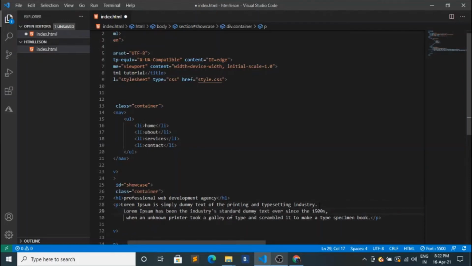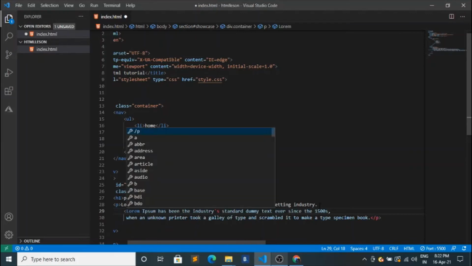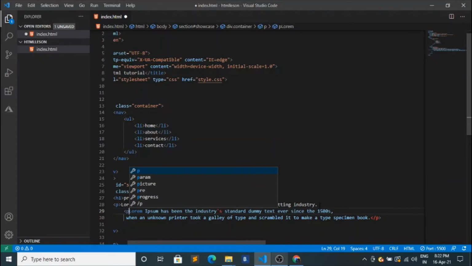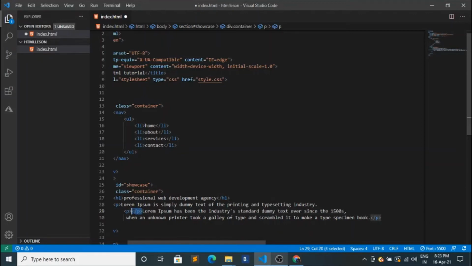Yeah, we can make it like this, or we can put another p tag. Let's put another p tag, cut this one, and I put it here, and we can put this here. So there we go. Okay, save, go to